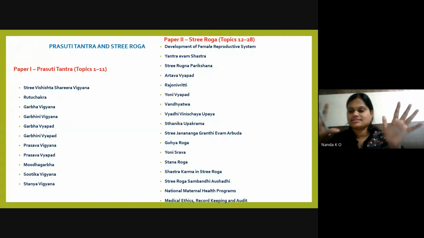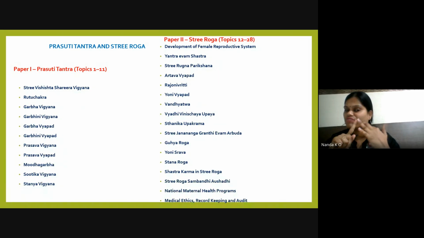interpretation. And in a gist, we will be expecting one anatomical question, one physiological question, and diseases from Garbha Vyapad, Garbhini Vijnana or Prasava Vijnana or Prasava Vyapad. Definitely we will be expecting an LAQ. Definitely they should ask one anatomy question, one physiology question, and two disease questions. At least one question they should ask from the disease perspective, and one from the surgical point of view. We have already come across cesarean section. Where do we come across these surgical points? Like forceps, vacuum, and then cesarean section. These are the three major surgical aspects we come across, and even